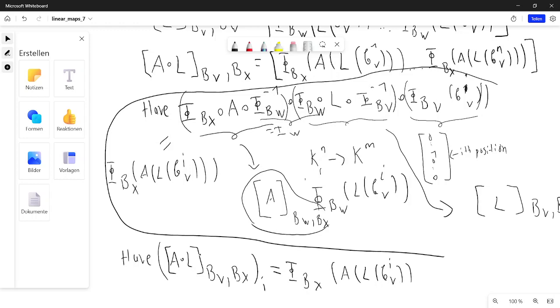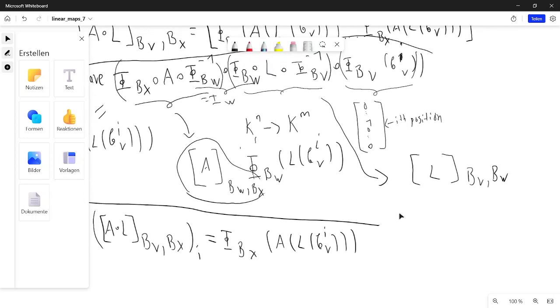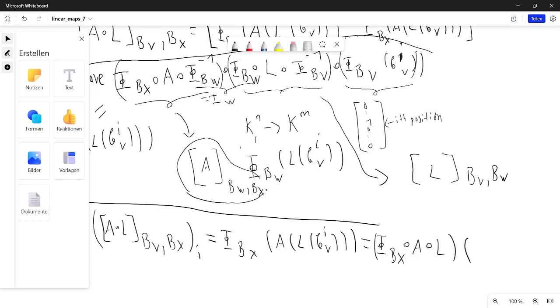I'm just taking the i-th column, and you could apply that in each column all the same, because, well, what we have is actually phi B_X, A, this is composition, L is applied to the vector b_i^V,